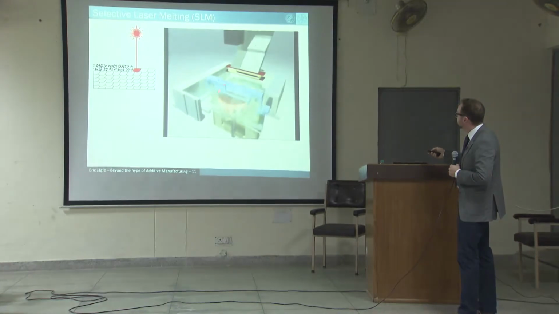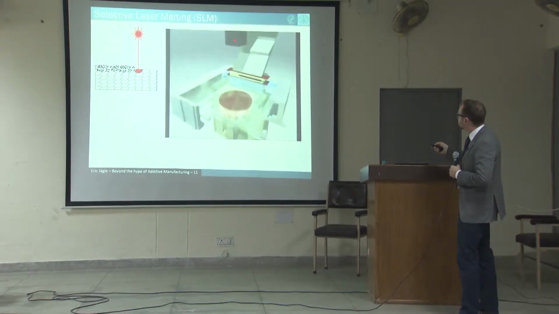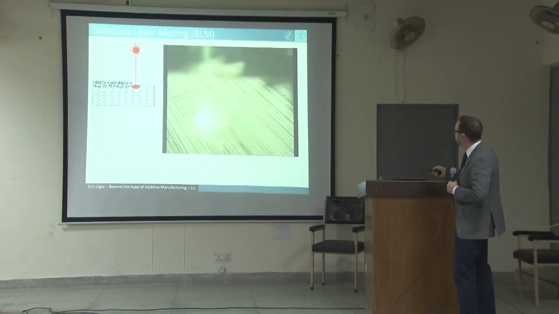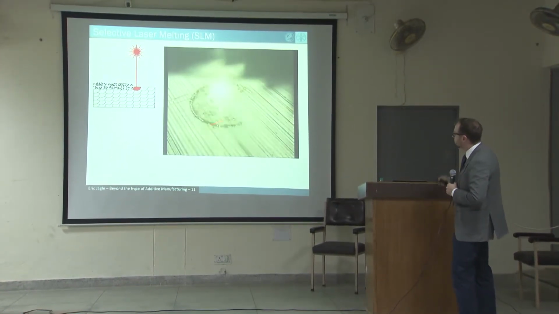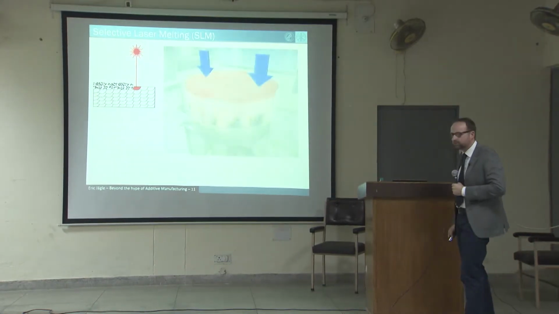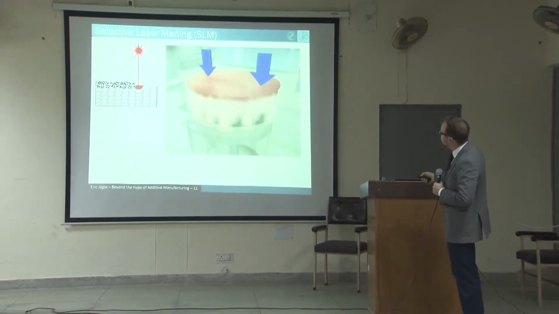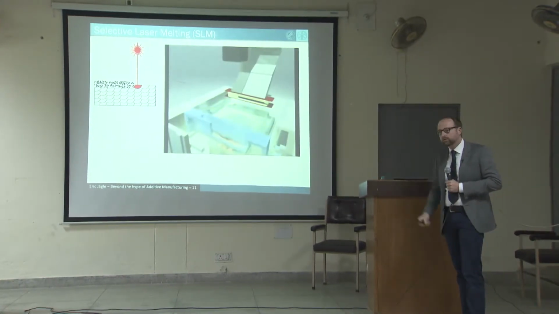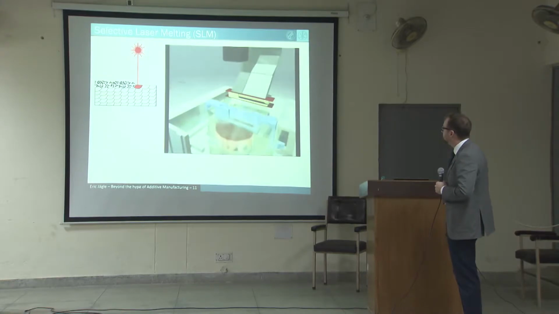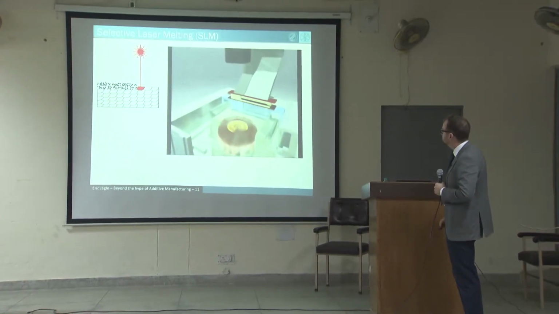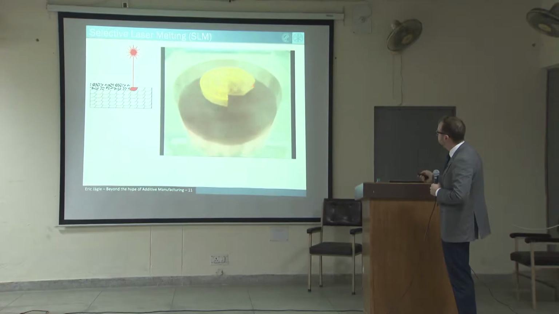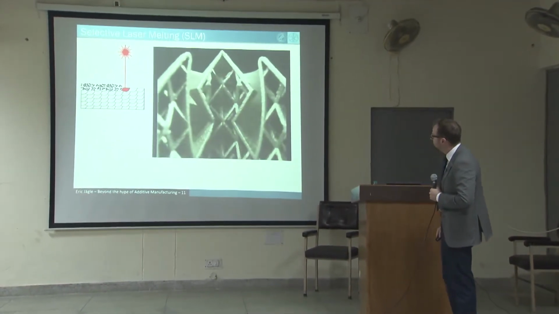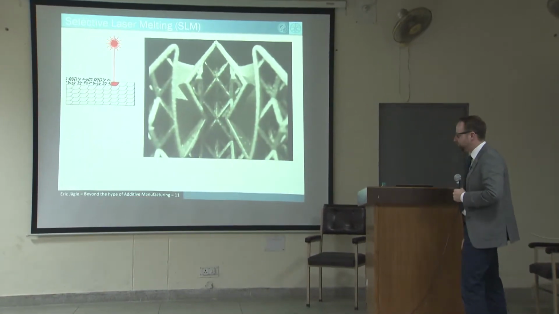One powder layer is spread on the platform, the laser comes in, up here is the scanner that moves this laser beam, and only where the laser beam hits... this is now the real process, actually the spreading quality is not very good for this layer. Wherever the laser hits, the material is molten, and when it moves away it resolidifies and leaves a solid part. Now this process gets repeated. Here it is just schematically, over and over and over. You would repeat this layer by layer build-up, and then you can realize these very complex parts.